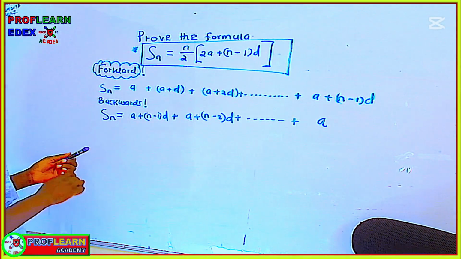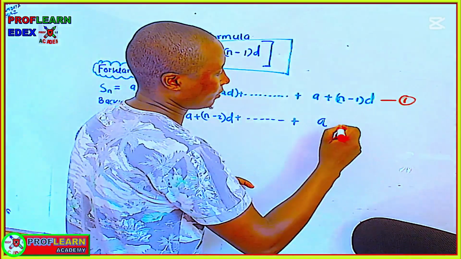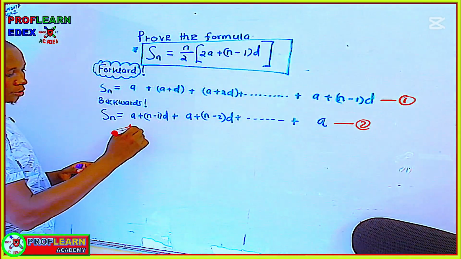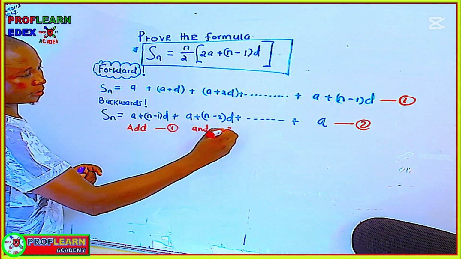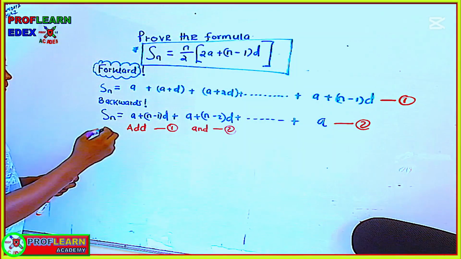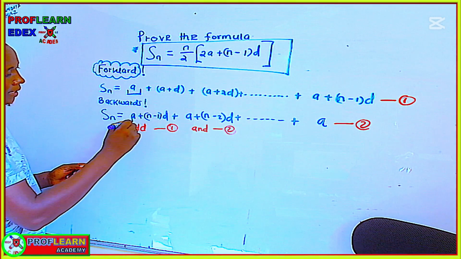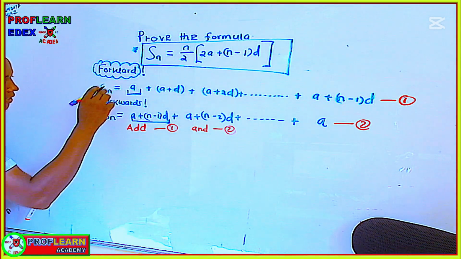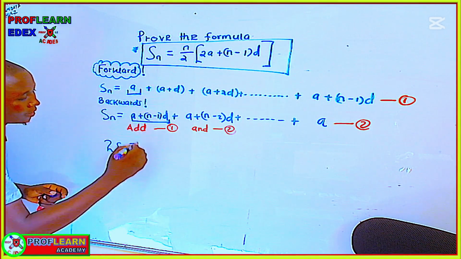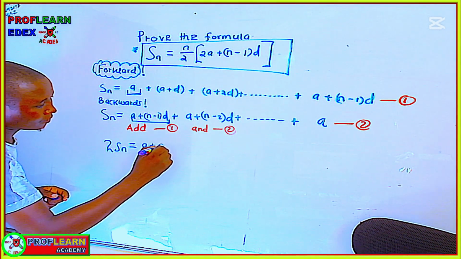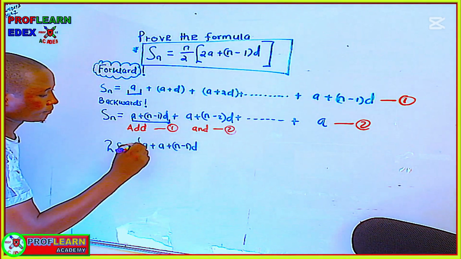Okay, so the next thing we are going to do here is to add. We can identify this as equation 1 and this as equation 2. So add equation 1 and equation 2 together. If you are adding, you add this term and this term here. So Sn plus Sn, we shall have 2Sn is equal to a plus a plus n minus 1 into d